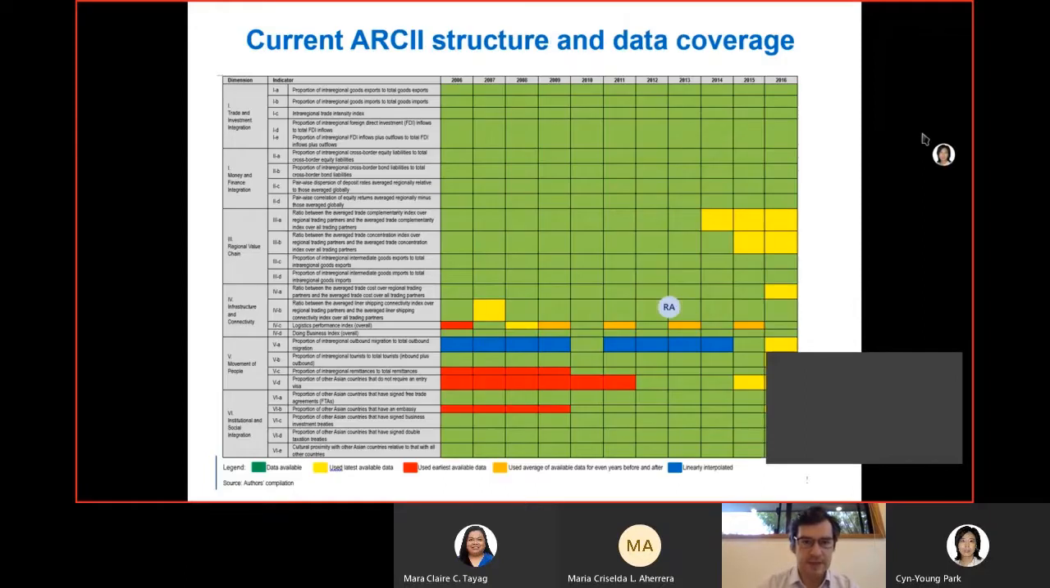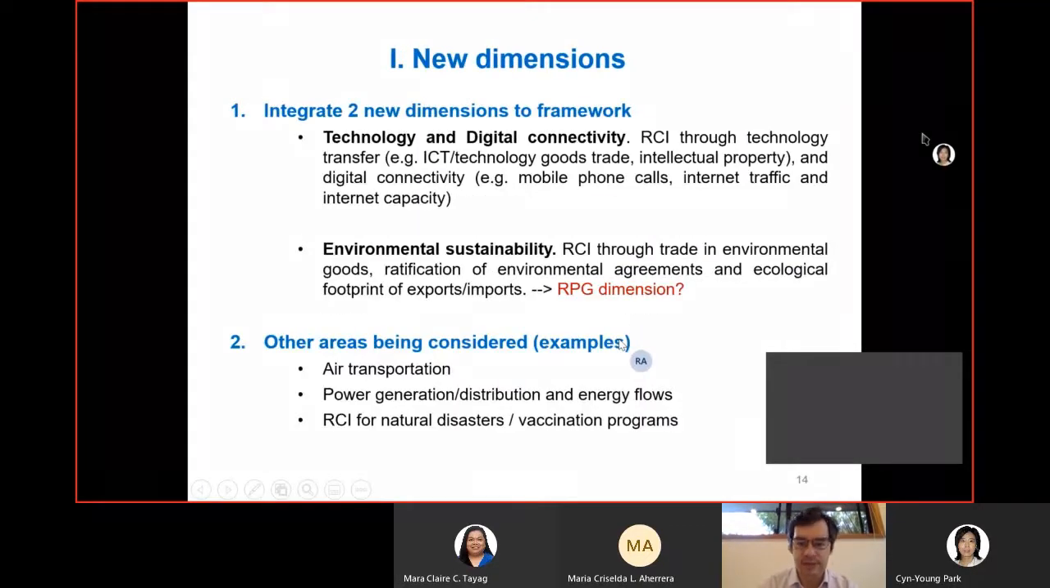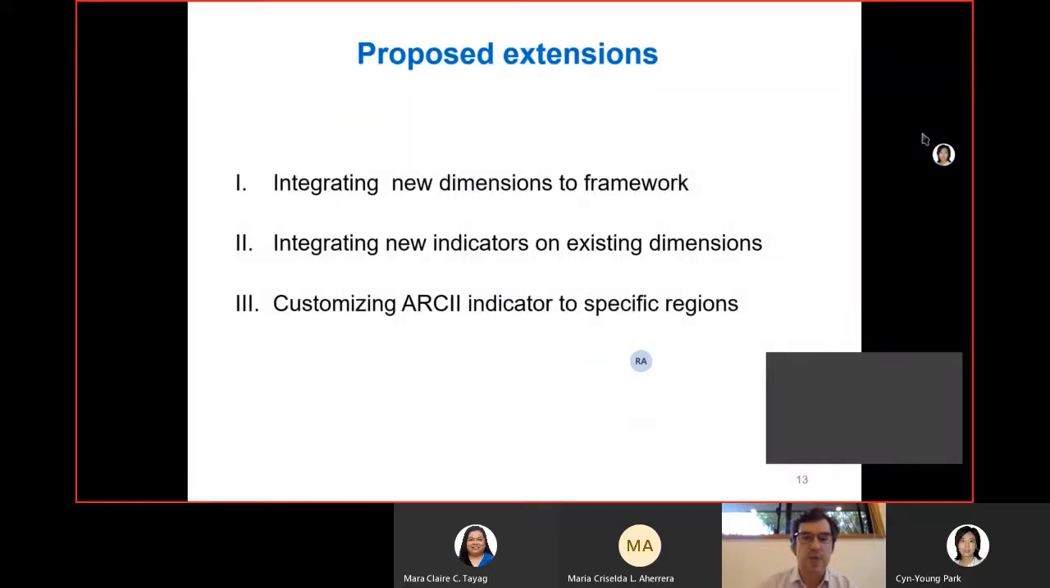Okay, so going on, we saw that one of the big improvements that we want to make to the ARCII index is to fill some of the data gaps existing in the current structure. We already saw the current structure of the index. And now the proposed extensions that we are going to present and discuss today with our team are